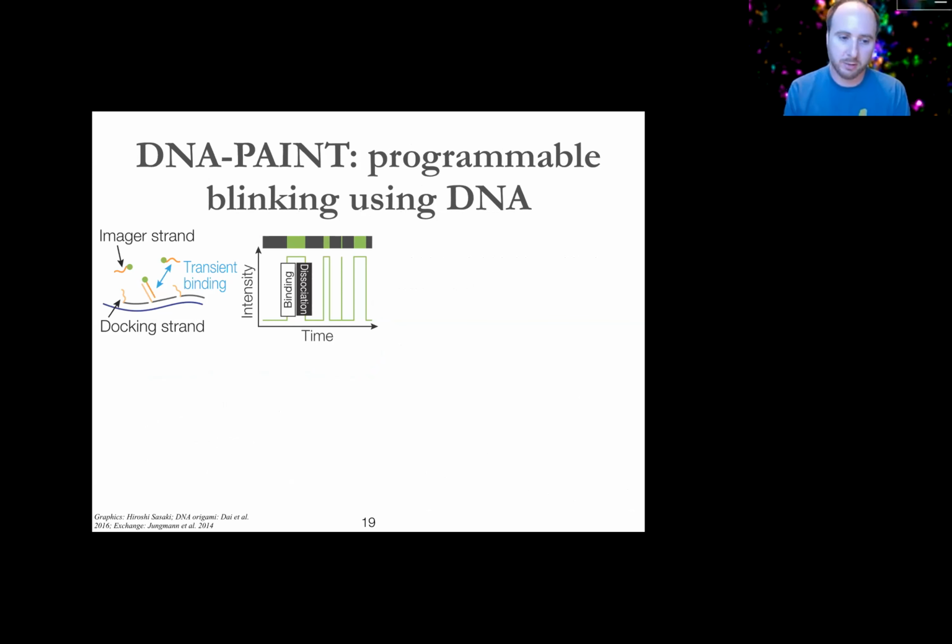So this is a technology that Ralf Jungmann developed at the end of his PhD days in Friedrich Simmel's lab, and he went to Peng's lab, where I also was a postdoc, and really fleshed it out and has continued to do really awesome things with it in his own independent position at Munich over the last few years. And really the important thing to take home from DNA Paint that hopefully dovetails somewhat well with the rest of the talk